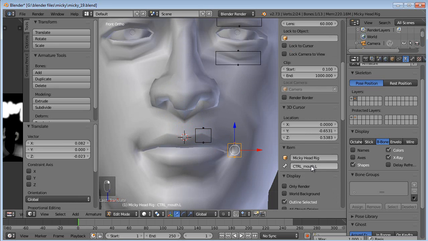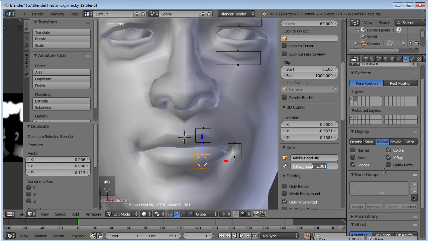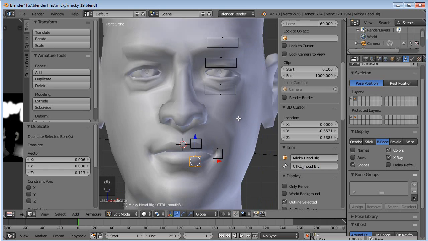And go ahead and copy this name here, and you just got to hover over Control C, and then you go hover over Control V, and it'll automatically paste that. So we'll say mouth top.L. Okay, then Shift D, drag that down to the bottom, and call this one mouth bottom.L. Okay, and then